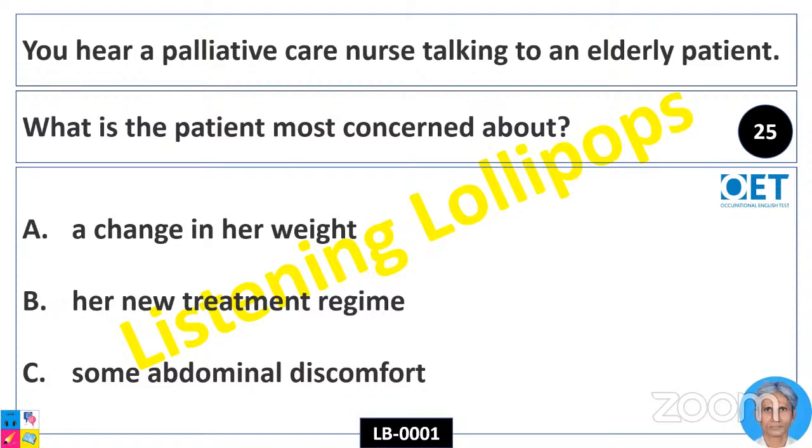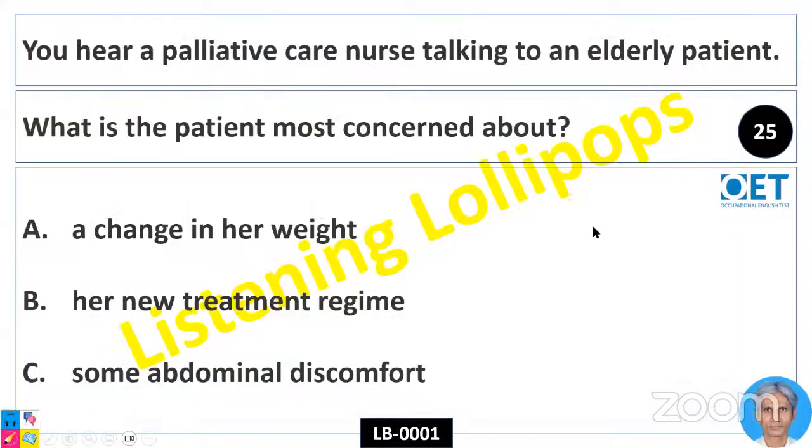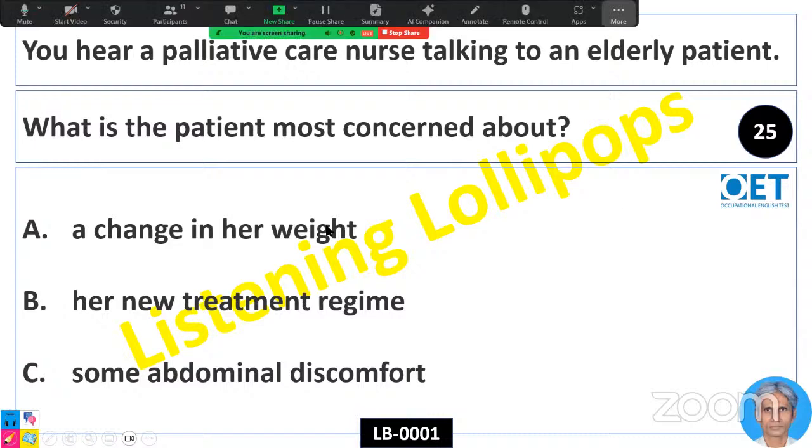Question 26. You hear a pharmacist. Yeah. So you have seen this